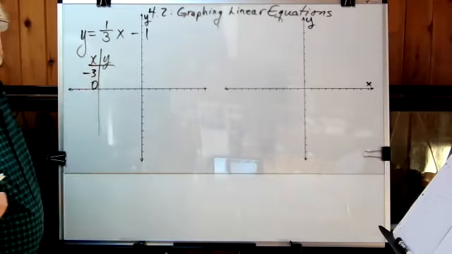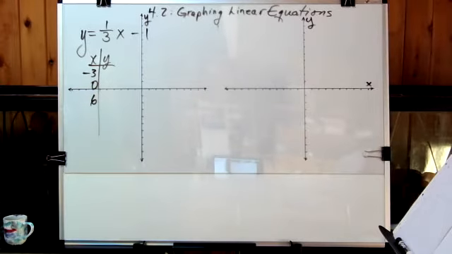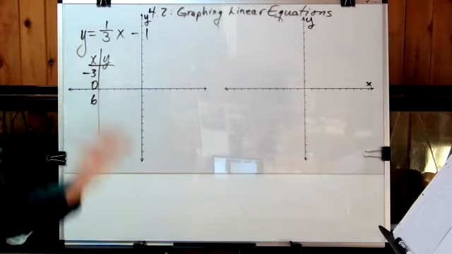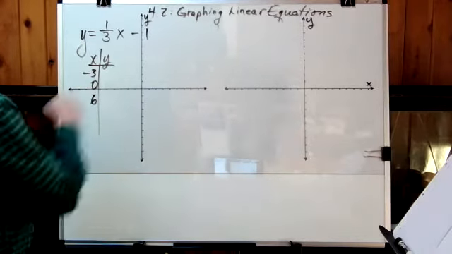0 is still a multiple, it's 0 times 3. I'll jump up to 6 just to be different. These are multiples of 3. So when I multiply by 1/3, it sort of cancels out and I'll get a whole number. So if I put in negative,